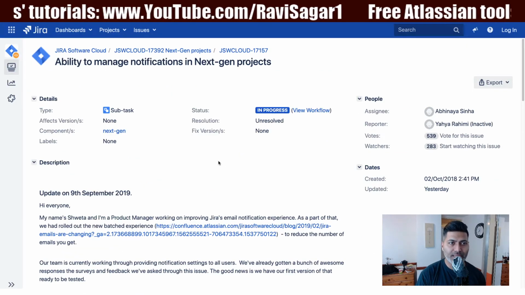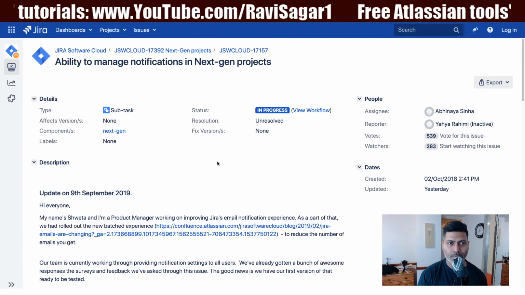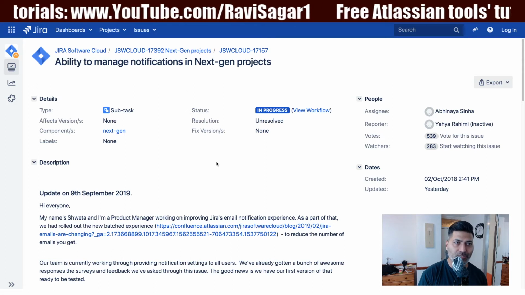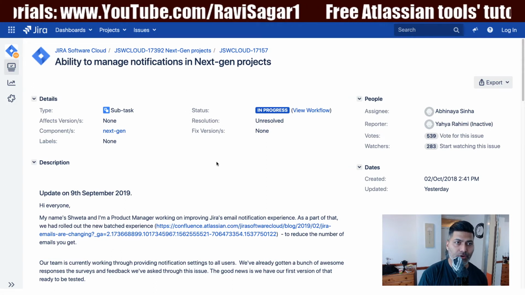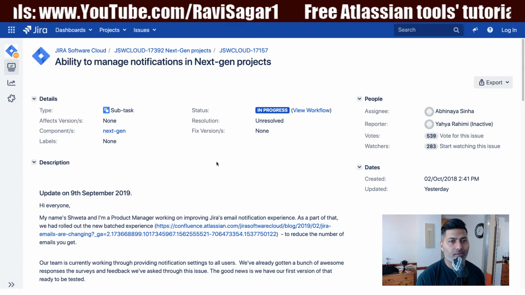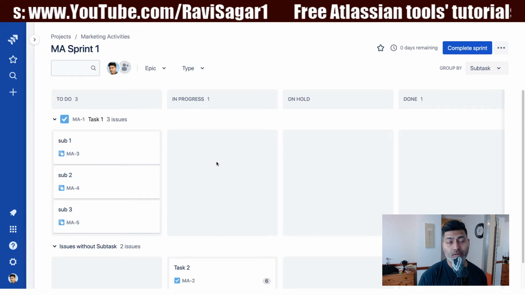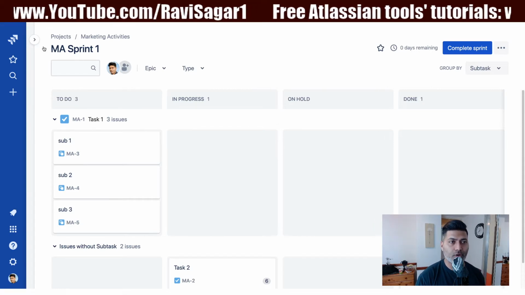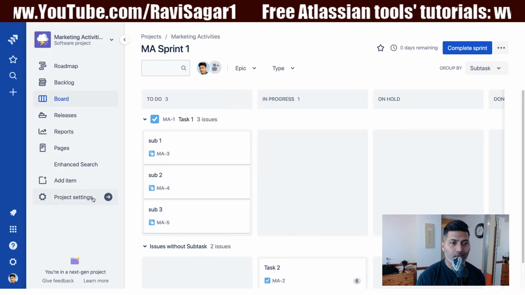There is already this feature request on Atlassian Jira Software Cloud project where you can of course monitor it, but this is something that you still can't do on the next gen project. If you, let us say, take a look at your next gen project on the cloud, you can go to